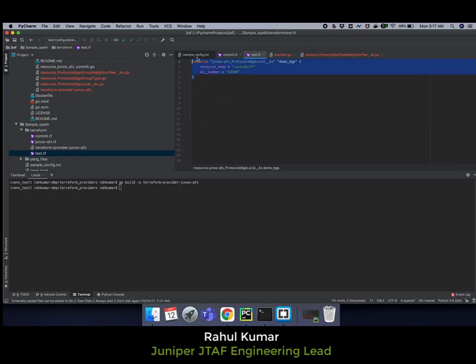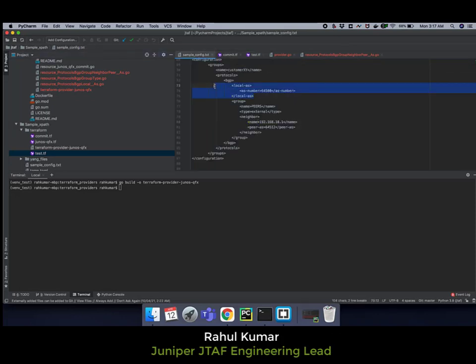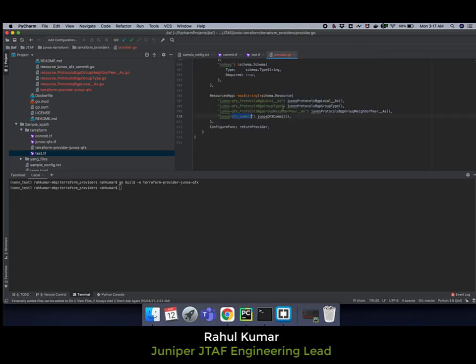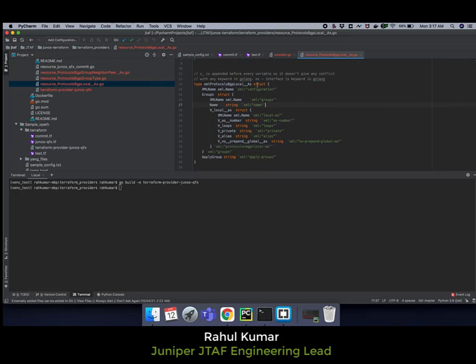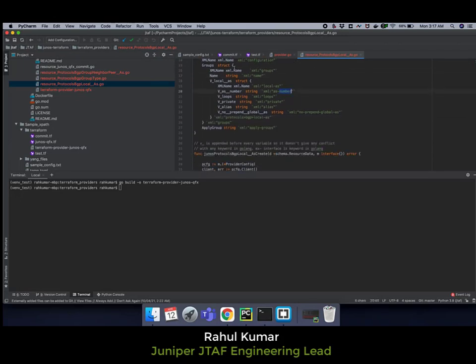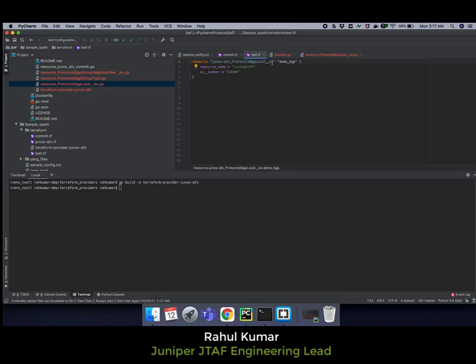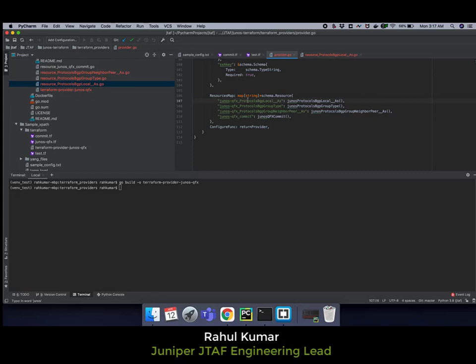As you can see, first for a simple example, we will just configure this configuration. So I'm setting the AS number. If I show you the provider for AS number, as we have generated it at the container level, it can set anything for local AS. If I check the configuration here, local has AS number. In the test.tf, I'm providing this name, which is coming from the provider file, which is this.